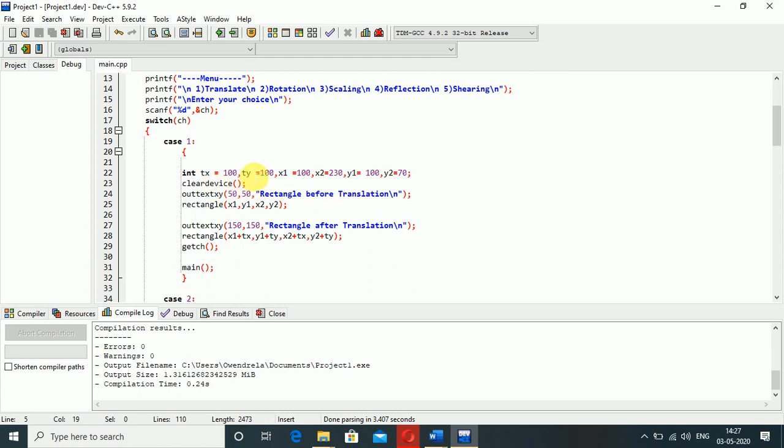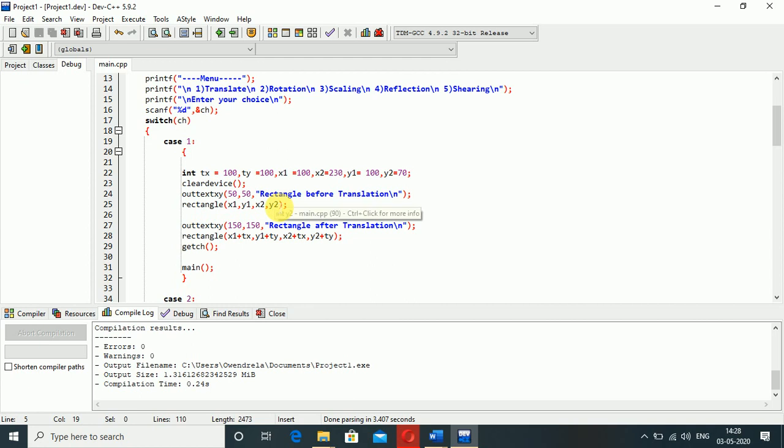Why do we use tx and ty? Please read my note. You can get all the details about the translation, then you can easily understand this source code. And what is the outtextxy function? This function is used to display text on the screen in graphics mode.